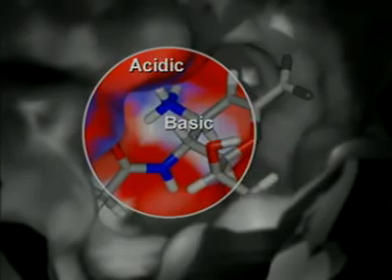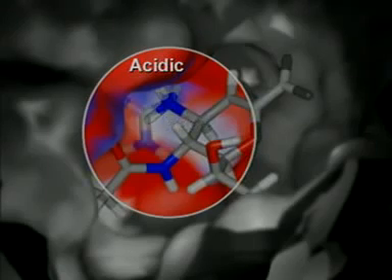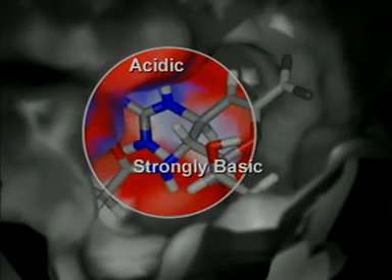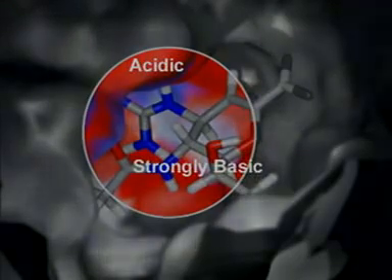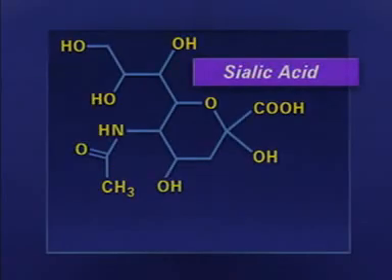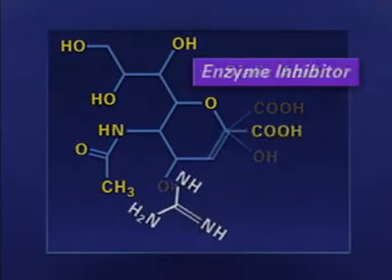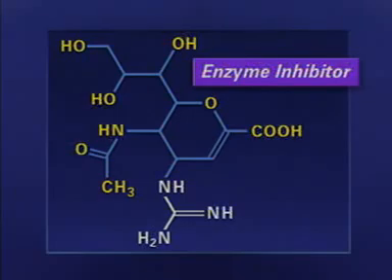The computer model confirms that the prediction is correct. They tried a more strongly basic group. The computer model predicted even stronger bonding. This molecule bonds so strongly to the active site that it blocks it and deactivates the enzyme. The flu virus cannot cut itself free from the cell wall and so infect other cells. This is sialic acid, and this the enzyme inhibitor used for flu treatment. Note the overall similarities between the two molecules and the important differences.